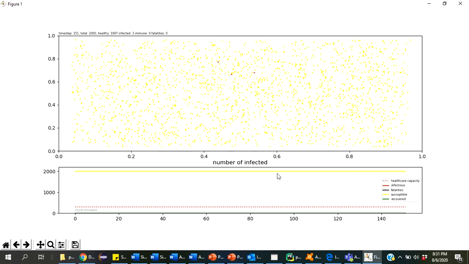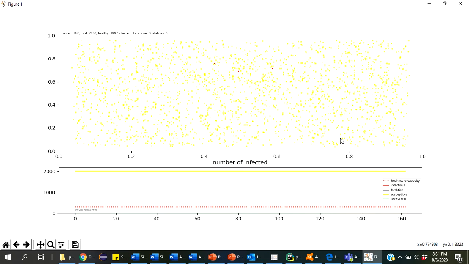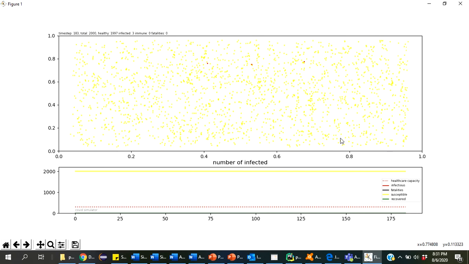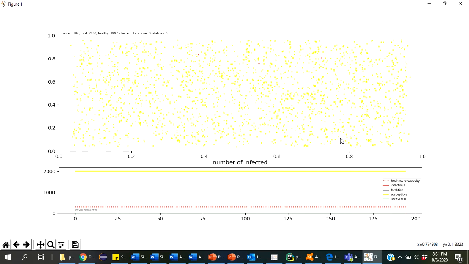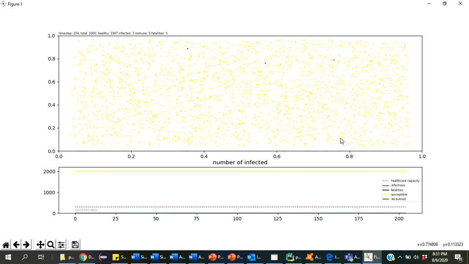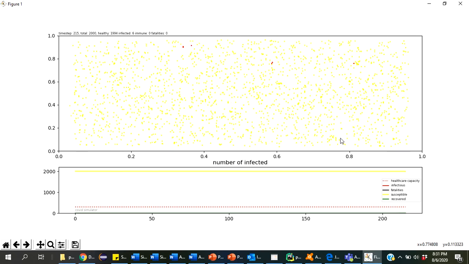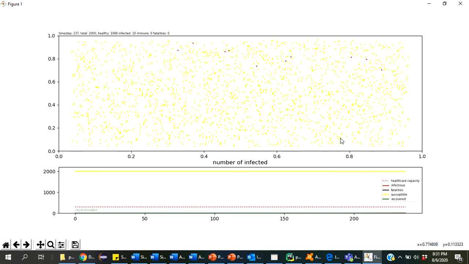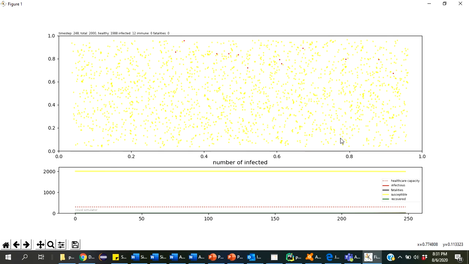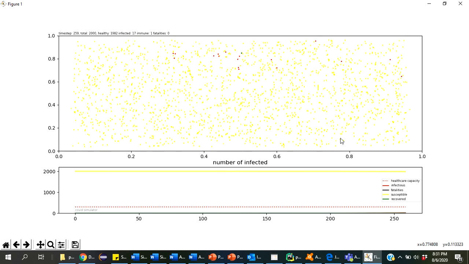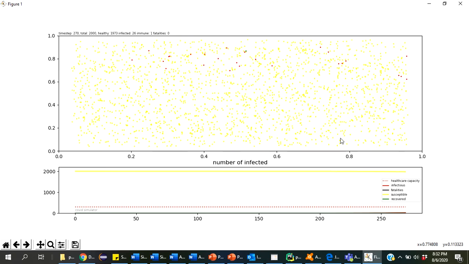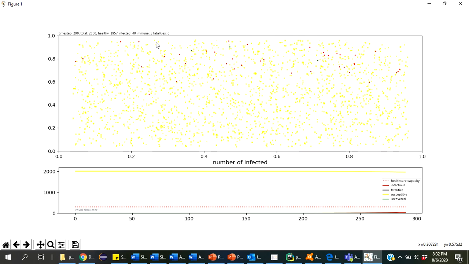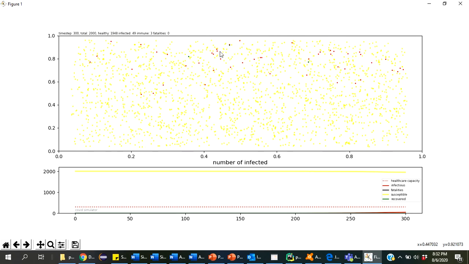This way it will start infecting other people, and after some time, when so many people are infected, I have stopped some of their motion. If they have stopped their motion, it means they are quarantined for some period. If they are quarantined, they are not going out, not meeting other people, not meeting infected people, and that's why they are starting to get immune, right? Here you will see the green dots, one or two, actually there are three immune people. The green dot is showing that the people are immune.